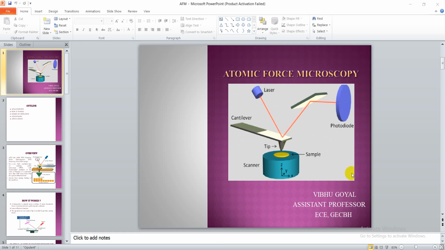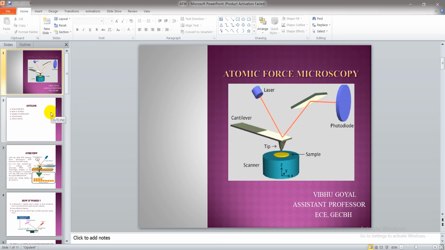You can see this figure, which suggests that there is a cantilever either in contact or non-contact mode with the sample, or a substrate on which we have deposited a thin film, or we are analyzing a powder material. We are analyzing the behavior of the powder material, in the sense of the overall alignment of the atoms and so on. This cantilever is analyzing the force, and the deflection in the laser beam is analyzed with the help of this photodiode. So all this we are going to analyze today.